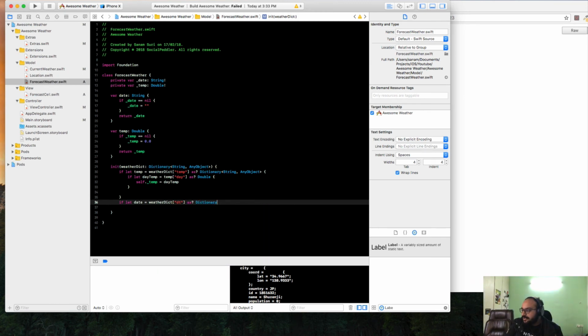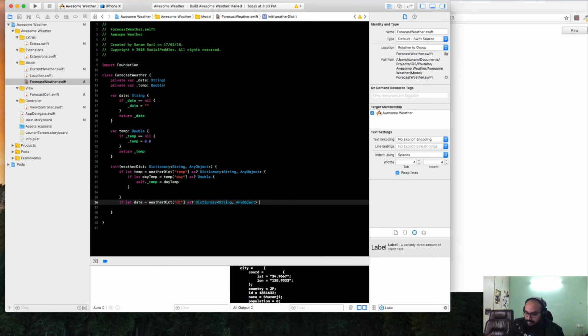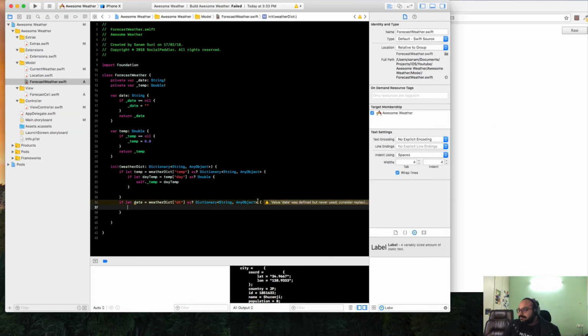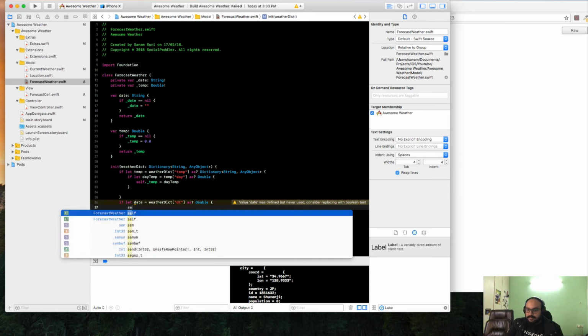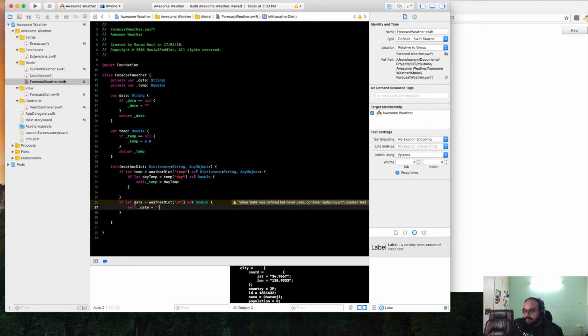which is again a dictionary of type string and any object, right? It's a dictionary, right? No, dt is not a dictionary, so no, it should be double, and self dot underscore date is equal to date, right? So now whatever value we are putting in that array, we are mapping that value from our array